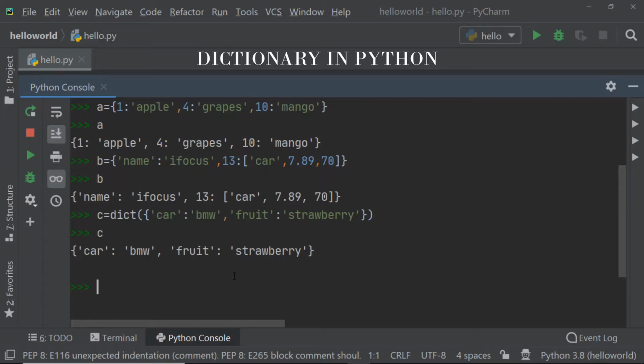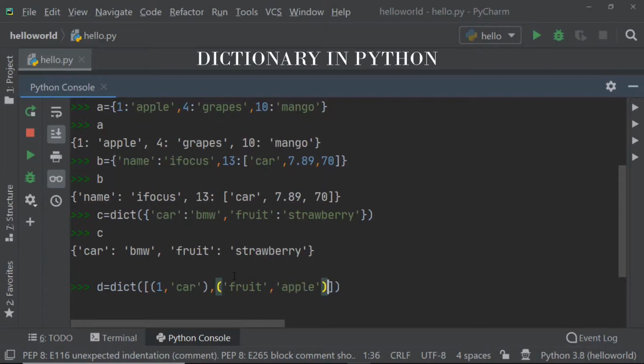Now this dict function can be used in another method as a pair. So in this I have to use a circular bracket to differentiate my elements. So if I say my first key is 1 and it is having value as car, the second element again should be given in a circular bracket. So if I say it is fruit as a key, and value is let's say apple.